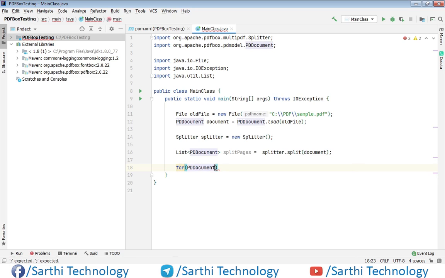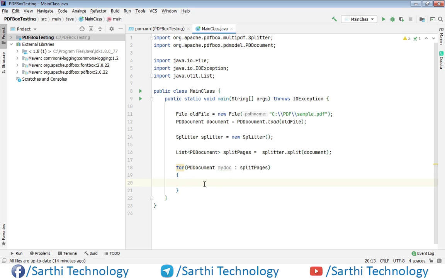PDDocument, and for example myDoc, and here splitPages. Now each time this for loop runs, a single PDDocument will go in this object, and we will do some operation, that is we will save that PDF in memory, and next time when this loop runs, another page will go here and we will save that.